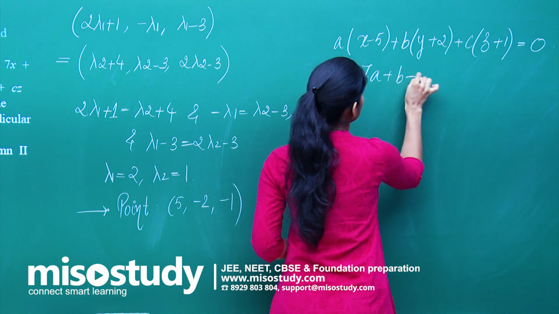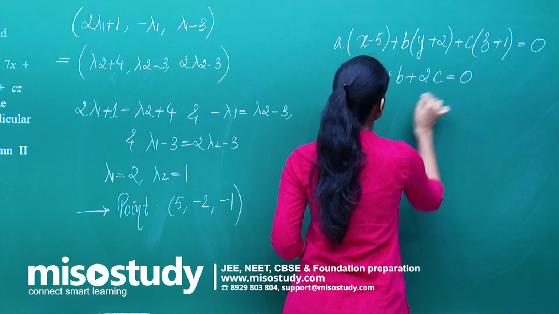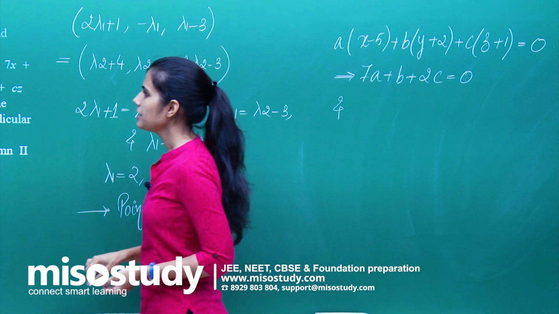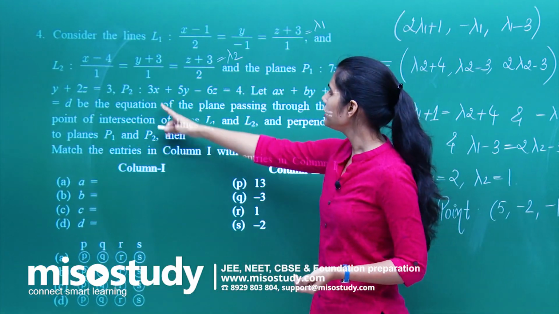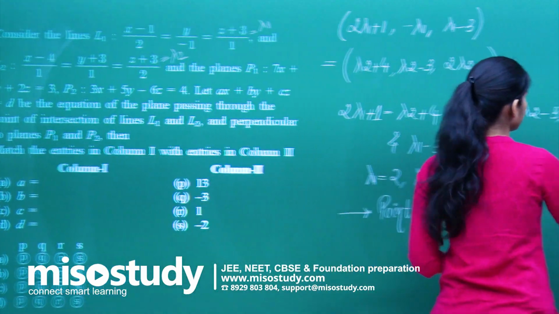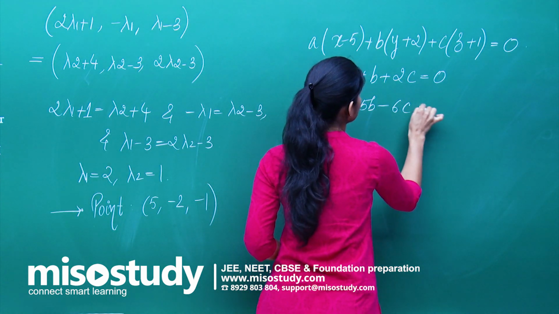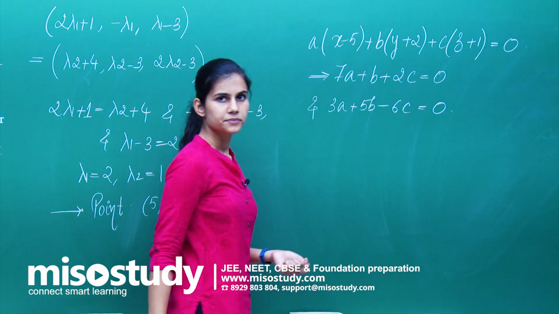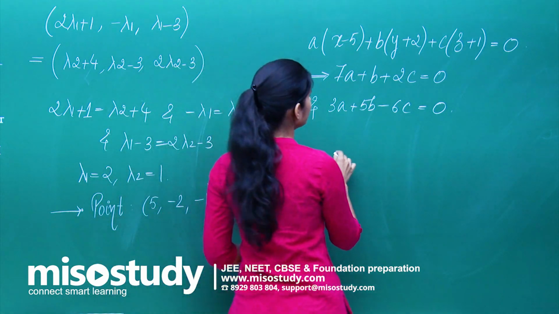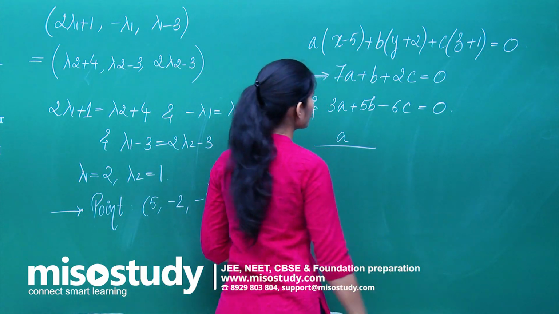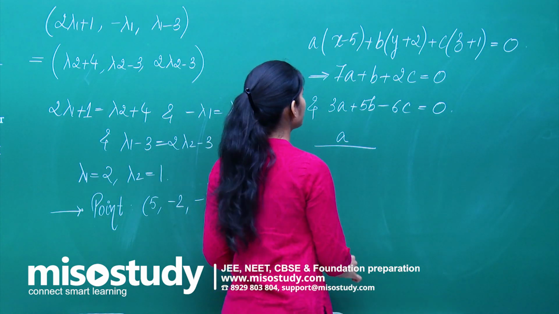7a plus b plus 2c is 0, and 3a plus 5b minus 6c is also 0. Clear? Now over here, if you apply your very cross multiplication method to get the value of a, b and